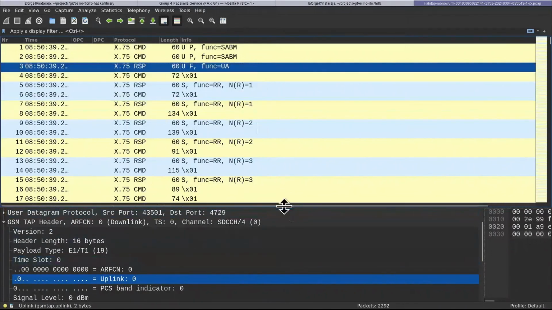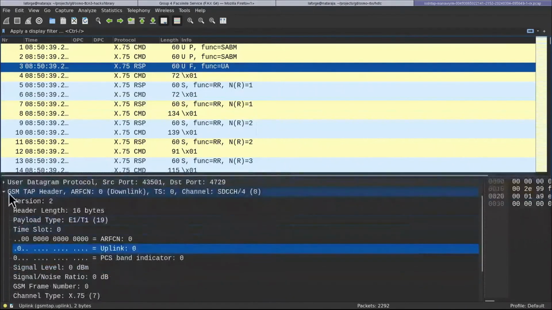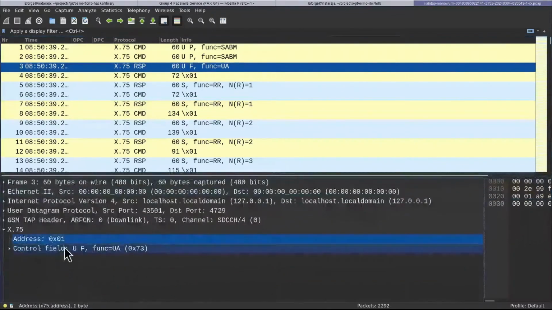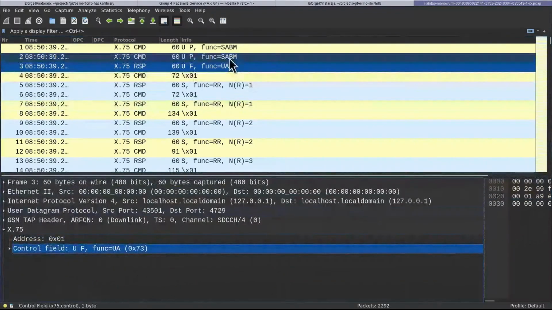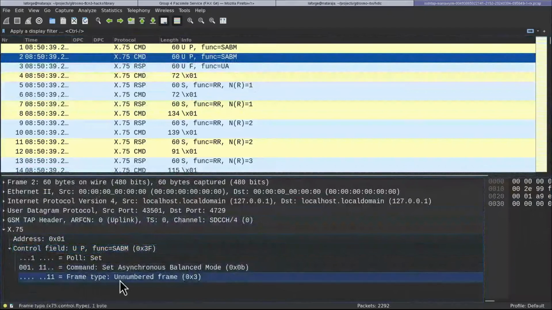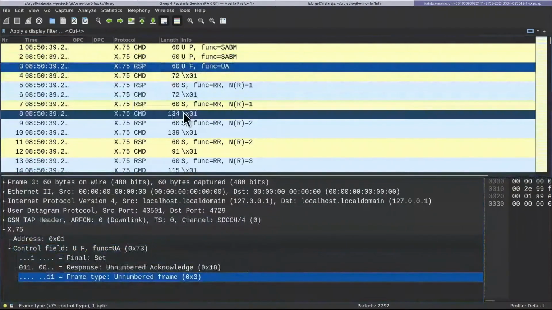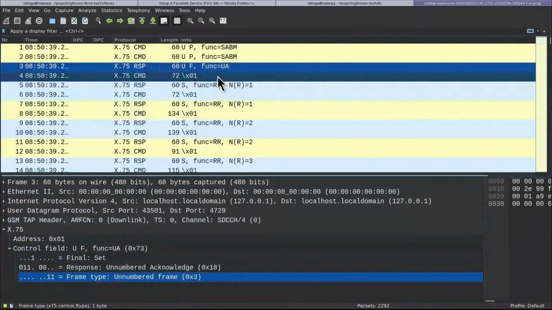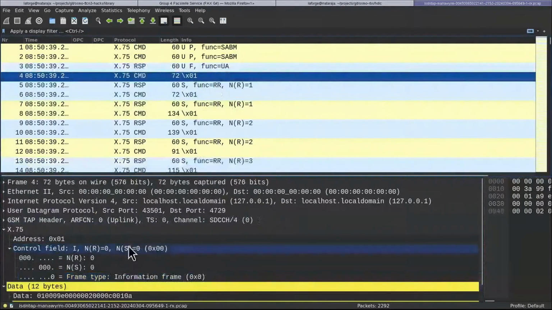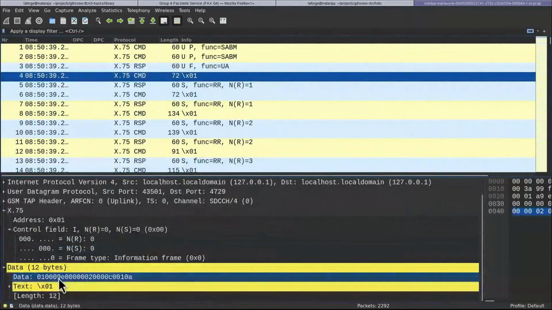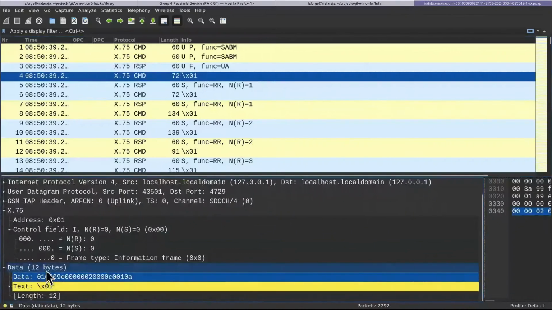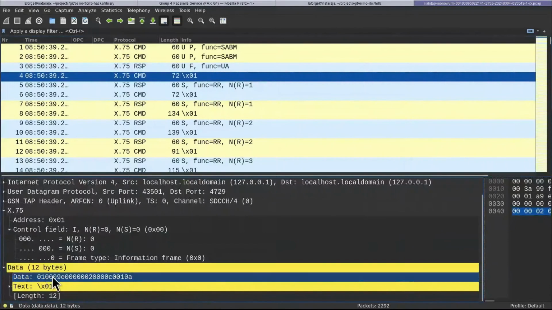At the moment, the decoding only goes up to the X75 layer. That's what you have in stock Wireshark. So you can see this is an SABM frame, and this is a UA frame. And here you can see there's actually an I-frame that has data in it. It tries to decode it as text, which doesn't make sense in this context, of course. So what I added is a small additional dissector in Lua, which can decode the